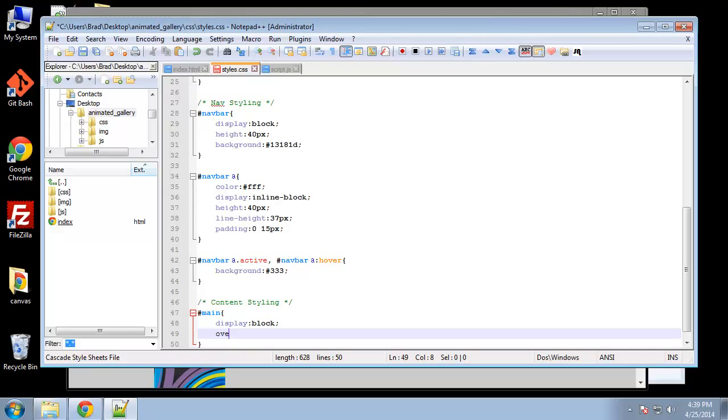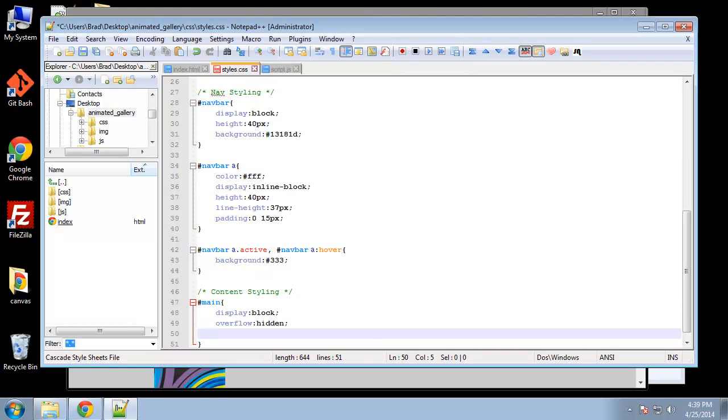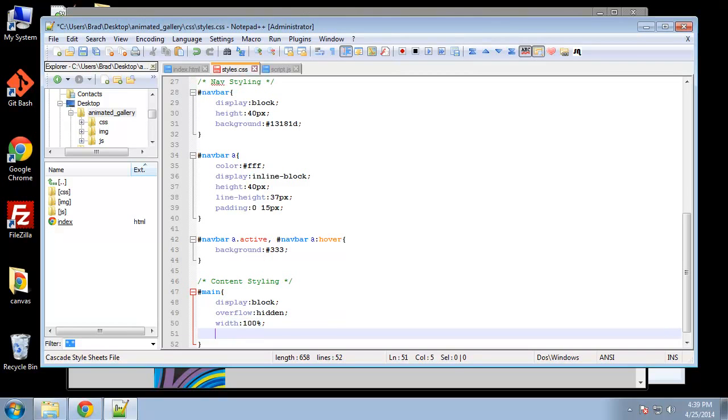The overflow will be hidden. I don't want any ugly scroll bars. Let's see what else. We want a width of 100% of its container, and then the margin will be auto on the sides,